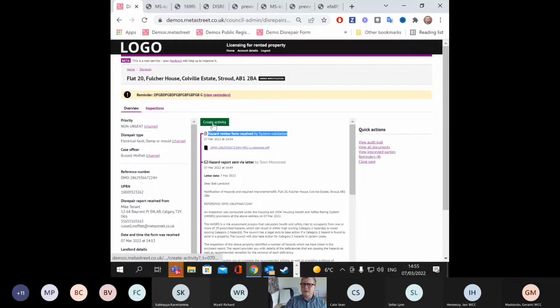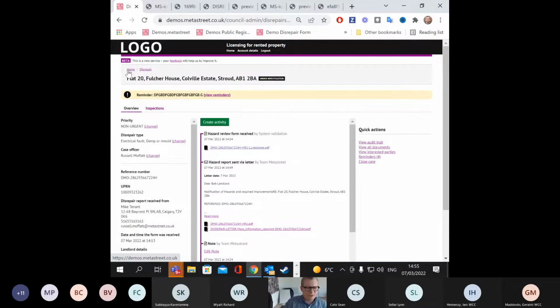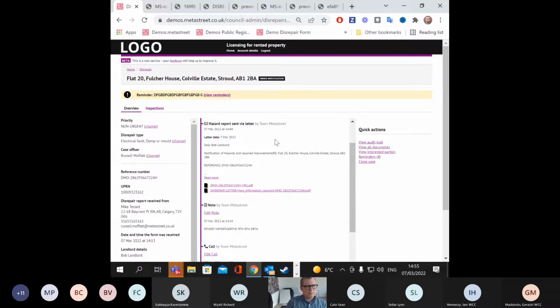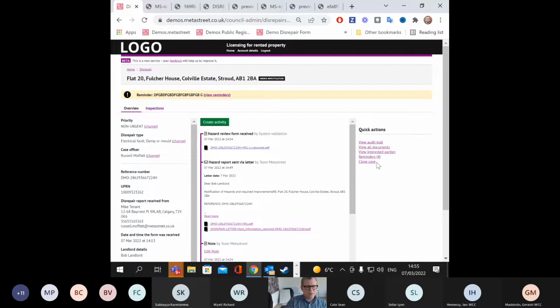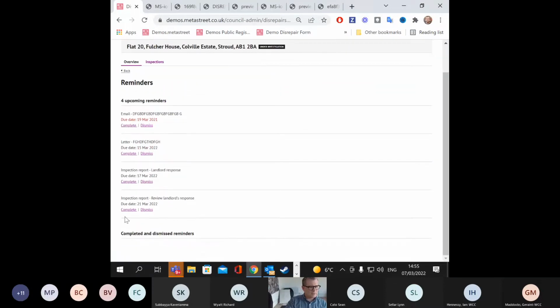We might want to communicate back with the landlords, thank them for their certificates and let them know you're satisfied with their response using an email template. I think we've just left all of that open to you to try and make maximum use of the functionality. And then the important part is getting to the end of a case, and we can just review our reminders, make sure that we've, let's do that,